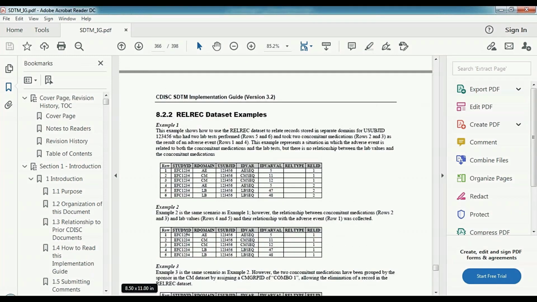Okay. Here you can see, for example, they gave the same subject having 3 records: CM has 2 records, AE has 1 record. They gave one unique number to this, so this subject belongs to AE and CM. Okay. In the same way, we are